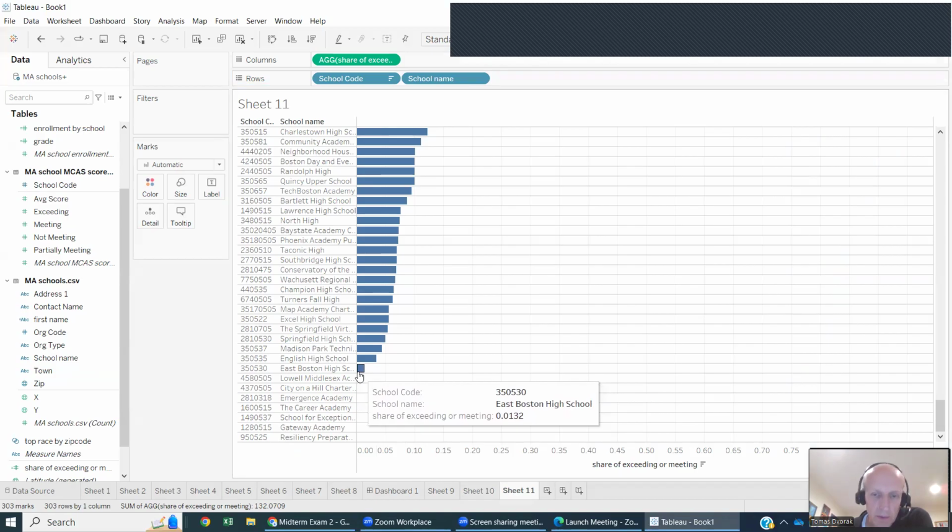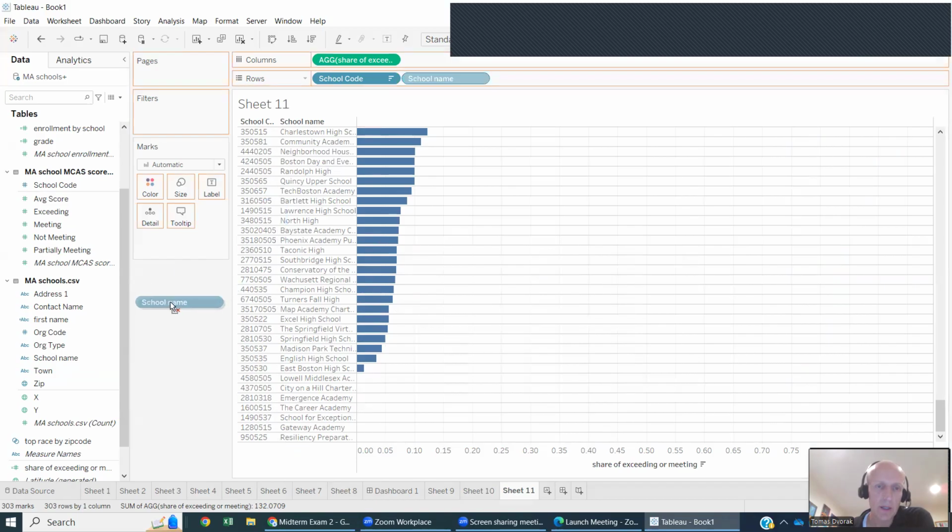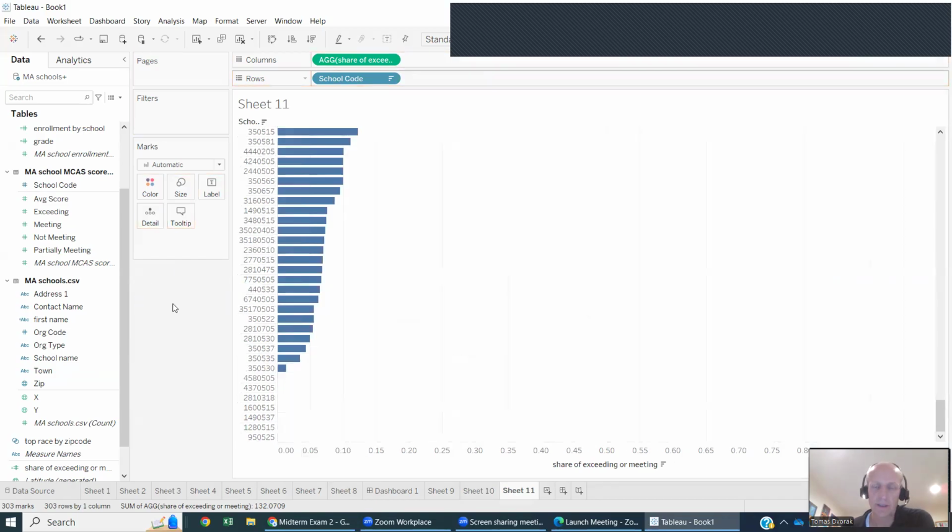That have East Boston High School. They have 1%. Okay. And so this is all very interesting. There are these big differences in achievement, and we want to relate that to